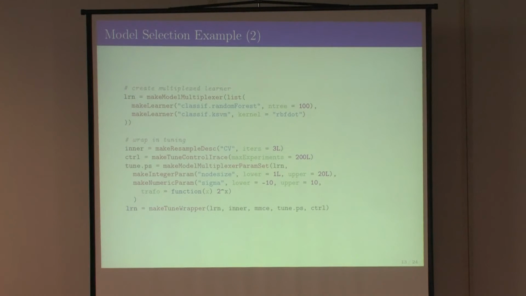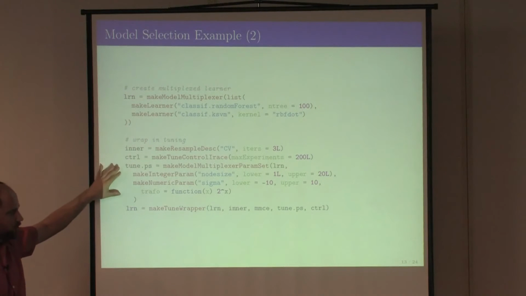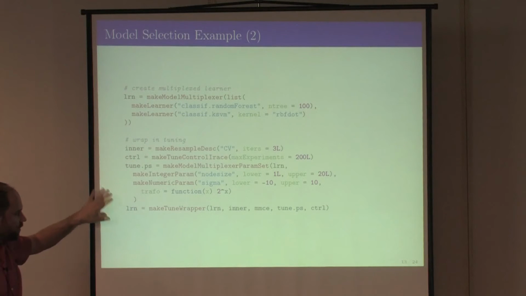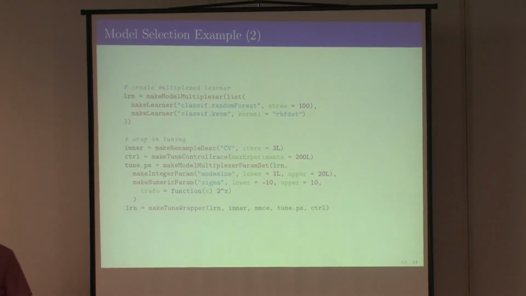You wrap around the tuning and put it on top of the learning algorithm. And now you can do two things at once. First of all, you optimize over this pretty large space here. It's not so large now, but just imagine a few more lines. And you do this efficiently with racing. And the other thing is, if you use this wrapper approach here, you can do nested resampling, right?